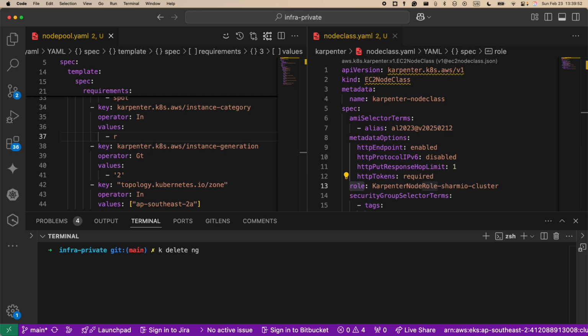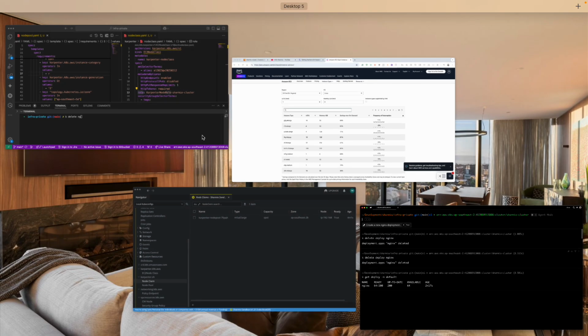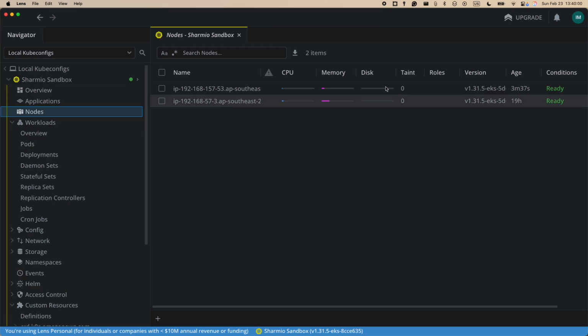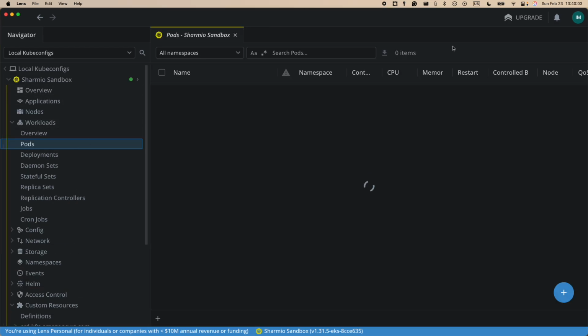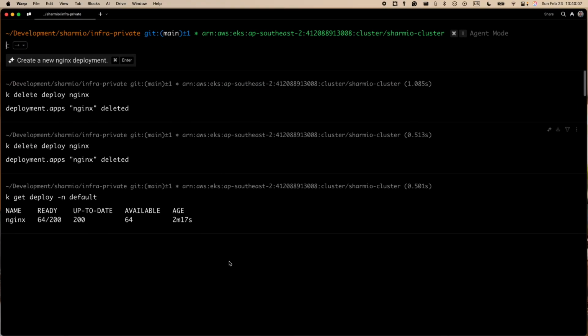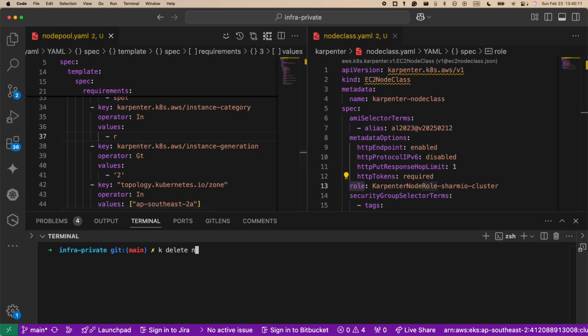We delete the, I'm just going to delete from here because I already have a command running. So now we have already deleted. It maybe takes 5 minutes to eliminate this one, and we will see all the pods are decreasing now, which is good, and the node claim will be gone away. Now, if we just come back to here and apply for reconfiguring the node pool,